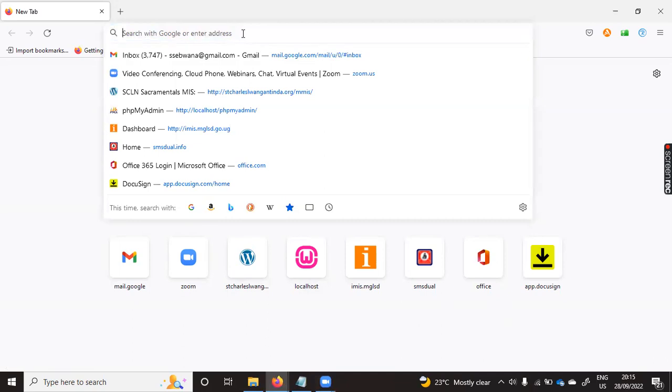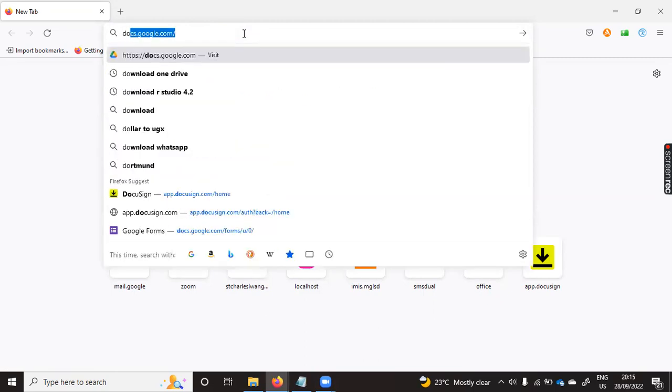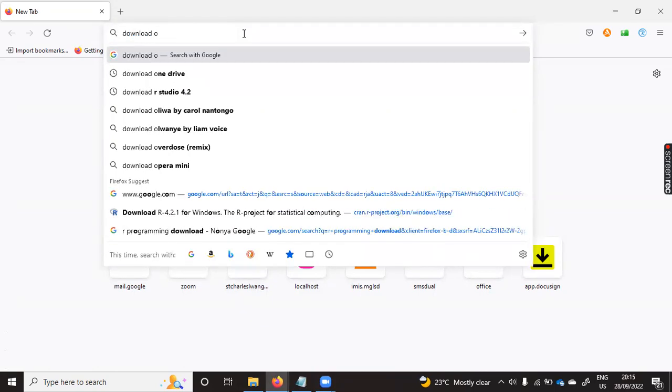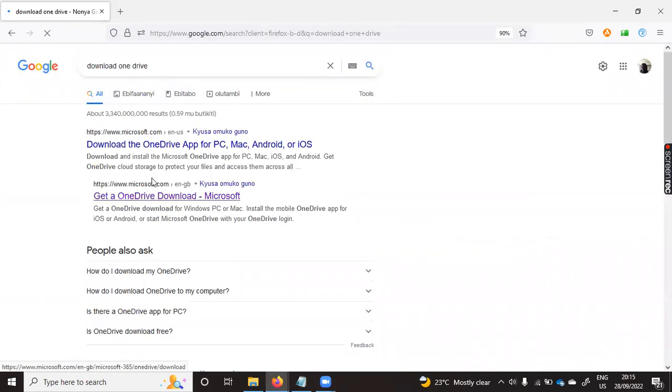But in scenarios where the process is not clear, there is always a version that you can download from the internet or a way where you can launch your OneDrive from the web browser. So you just come and type download OneDrive. And then when you select download OneDrive, one of the first links that you see to be clearly guiding you is Get OneDrive download Microsoft. So when you click on it,